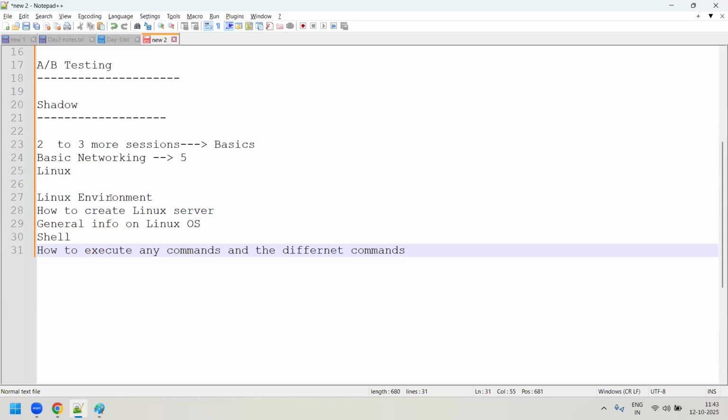Slowly, gradually, when you give more and more time, definitely it will increase your taste in understanding Linux. And once you work on it, once you work the commands, once you execute many things, definitely it will boost your confidence. So I need that thing from all of you, that you should be very much interested in